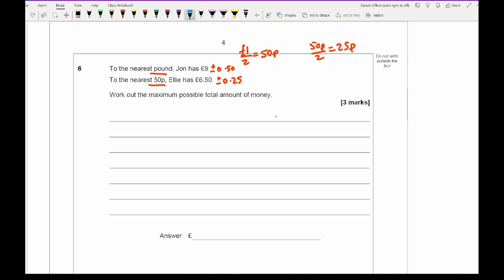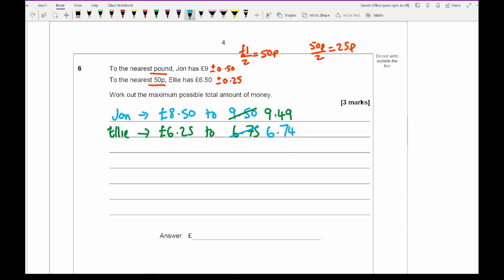In terms of John's upper and lower bounds, that's going to be £8.50 to £9.50. The reason is because you're dealing with money, £9.50 would be rounded up to £10 to the nearest 50 pence. So what I need to do is write this as £9.49, and the same with Ellie, her minimum amount is going to be £6.25. But typically I would have given £6.75 as an upper limit, but again, because £6.75 would be rounded up to £7 to the nearest 50 pence, this amount here is going to be